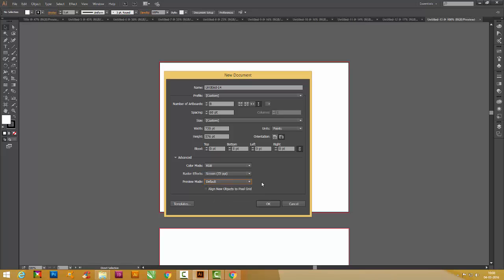Okay. And the next one is called templates. So what are templates? Templates are predefined designs. So now if I want to design a CD cover, then I can click on templates, and I'll be able to get some predefined CD cover templates, and I can just open it and edit them. Okay, so this is used to make my work easier.